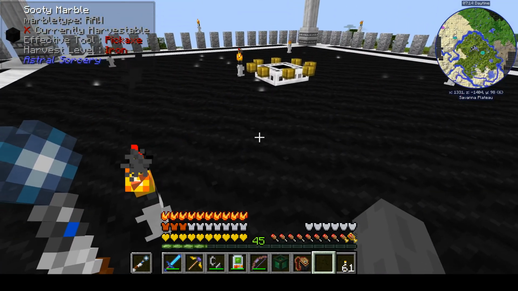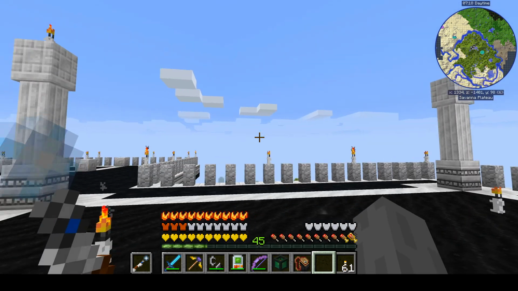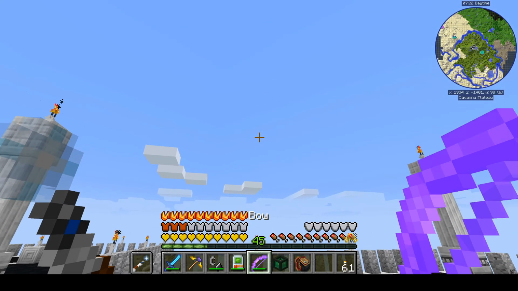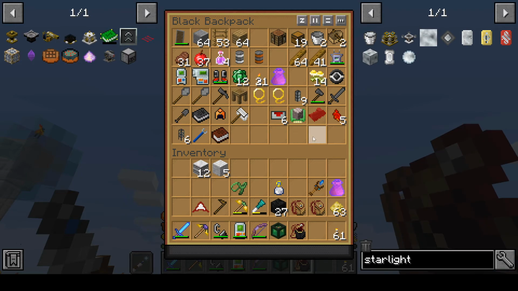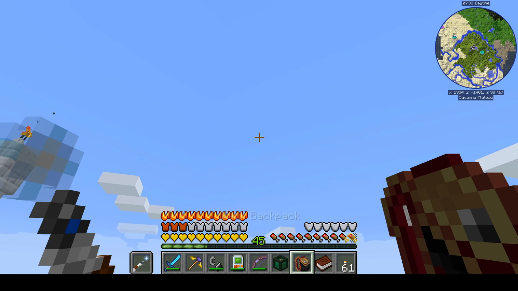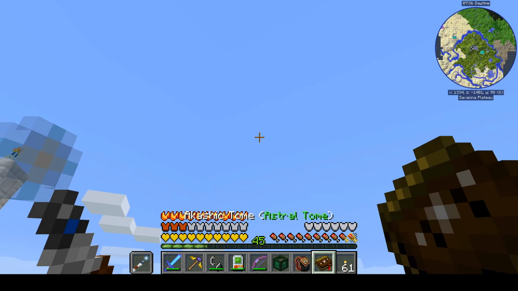Over here, I've got my Attunement Altar, which reminds me, we should figure that out, and I can attune myself. I've been waiting to attune myself to do it on camera because it's sort of cool if you haven't seen it before. So we're going to go ahead and grab this. Get our Astral Tome. Now we're going to shift right click